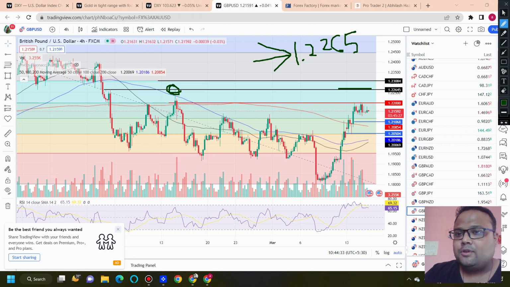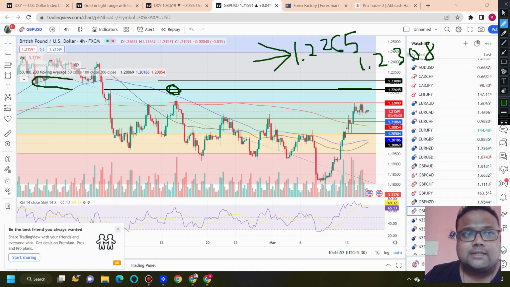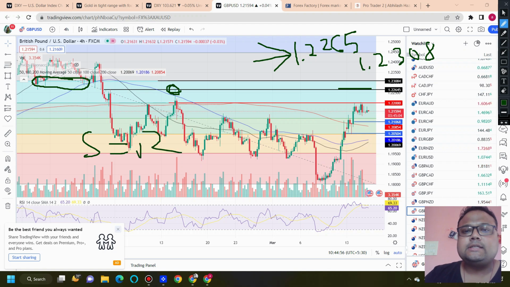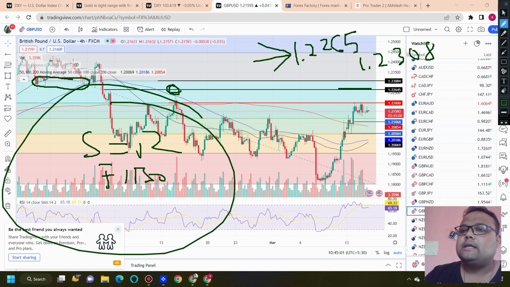So okay, just avoid any sell position and wait for the market to hit the second resistance of 1.2308. This is the second resistance. The second resistance is kind of strong because we have Fibonacci 61.8% retracement level here, and the same level also acted as support previously. So the previous support acts as resistance as well as Fibo. If we combine all the factors here, then there's a good chance that market will reverse.